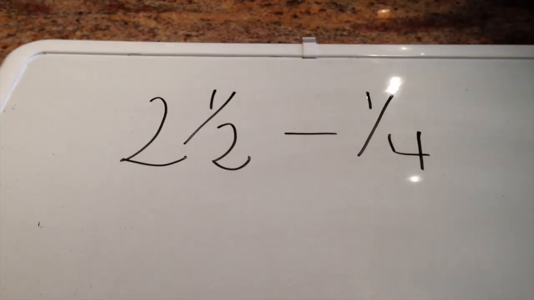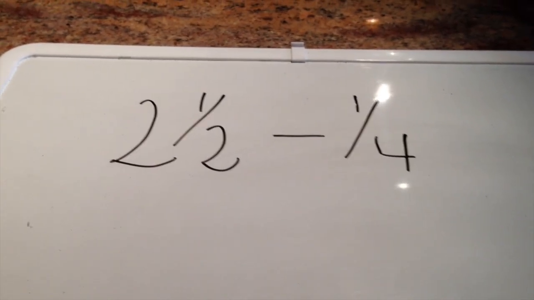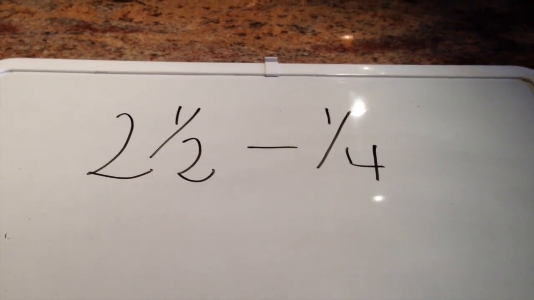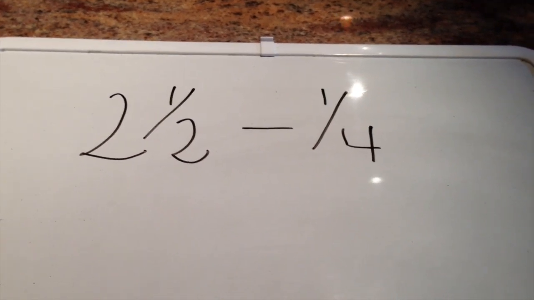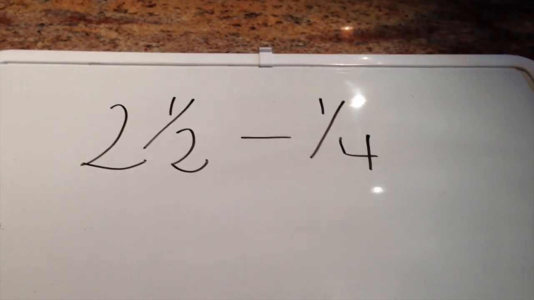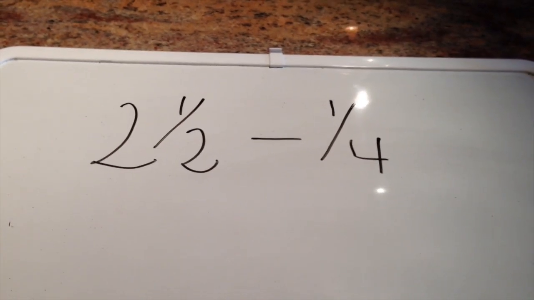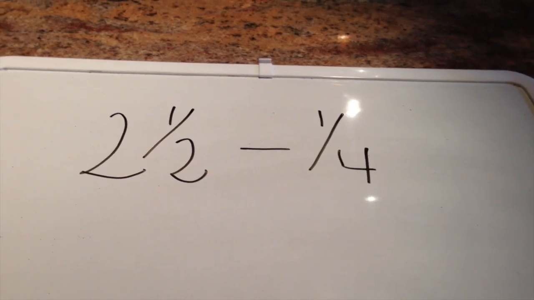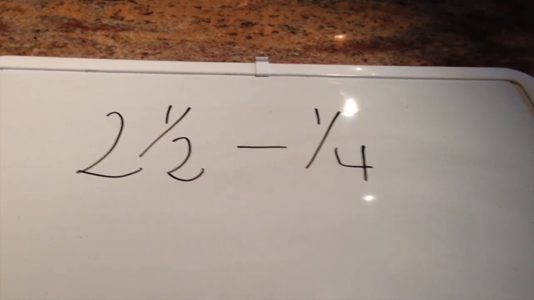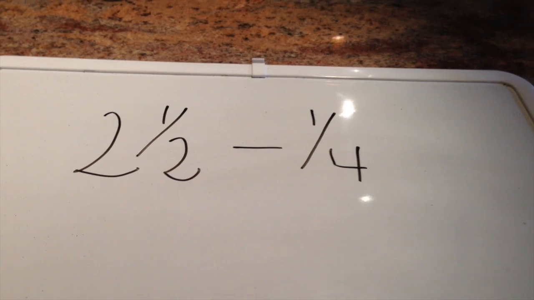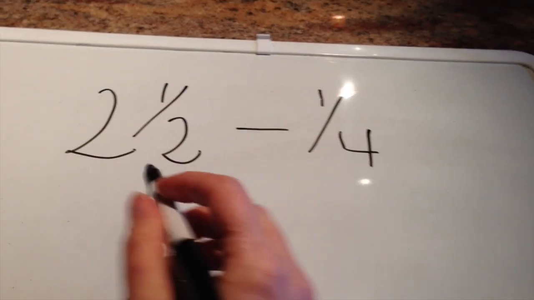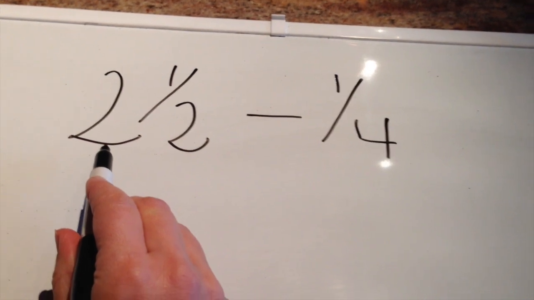For this last one, we're going to do a subtraction problem. And when we take a look at the subtraction problem, we notice 2 things. First of all, we don't have a common denominator, so we're definitely going to have to deal with that. But secondly, the fractions aren't written in the same form. And when adding and subtracting fractions, and even multiplying and dividing fractions, it's nice to have the fractions written in the same form. So what I'm going to do is change this mixed number to an improper